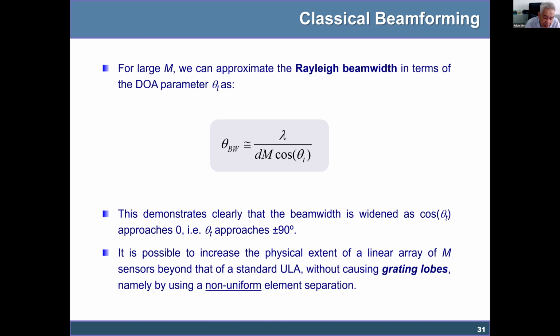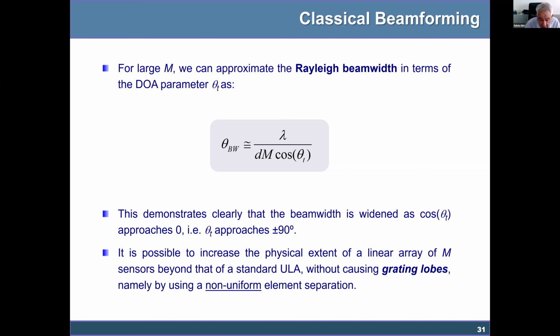So for fixed M, how we can improve the resolution by increasing the array aperture without increasing the number of sensors and without causing the presence of grating lobes. In order to achieve this very important result, we should leave the architecture called ULA, Uniform Linear Array. So, and we should use linear arrays, but